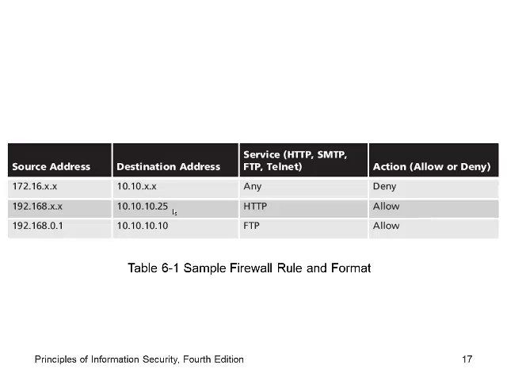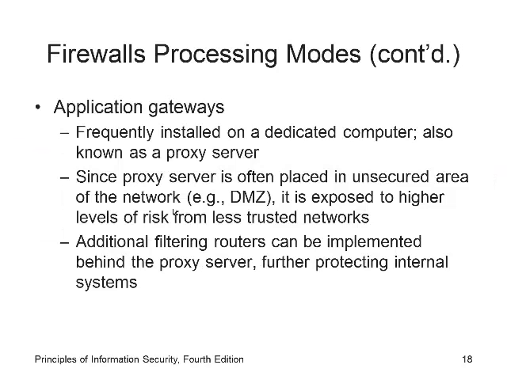Again, we're not really seeing the whole configuration, so we don't know all of it, but I'm assuming that's what they're doing here. Okay, then the second one down, 192.168. So if it comes from 192.168 and it's going to 10.10.10.25 on HTTP, which is internet or web traffic, allow it. If it's coming from 192.168.0.1, go to 10.10.10.10 with FTP, allow it. So this is just different examples of things to allow.